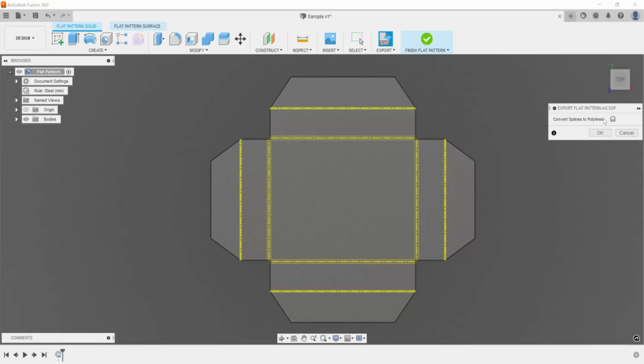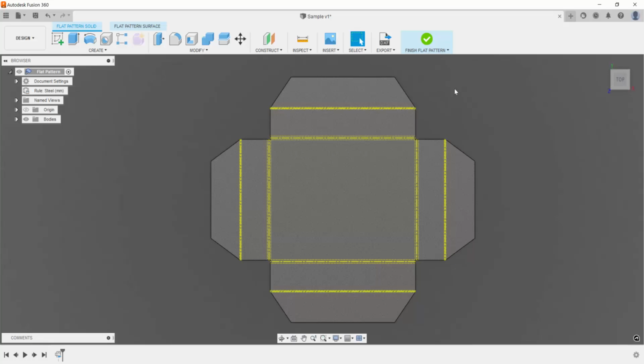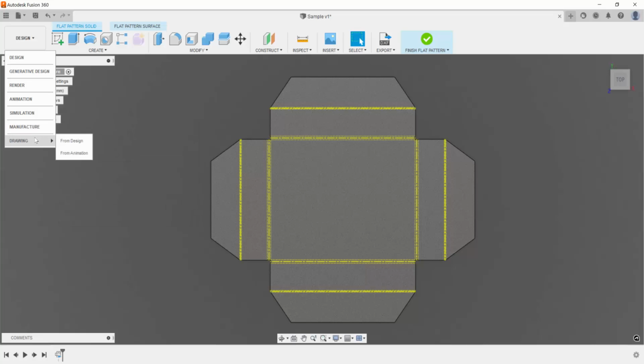So if I were to just go ahead and select OK here, export this out as a DXF, it's going to ask me where I want to save this. I'm just going to call this sheet metal out here and save this as a DXF in one of my folders. Also, just to show you guys, if I wanted to, I could switch to the drawing level